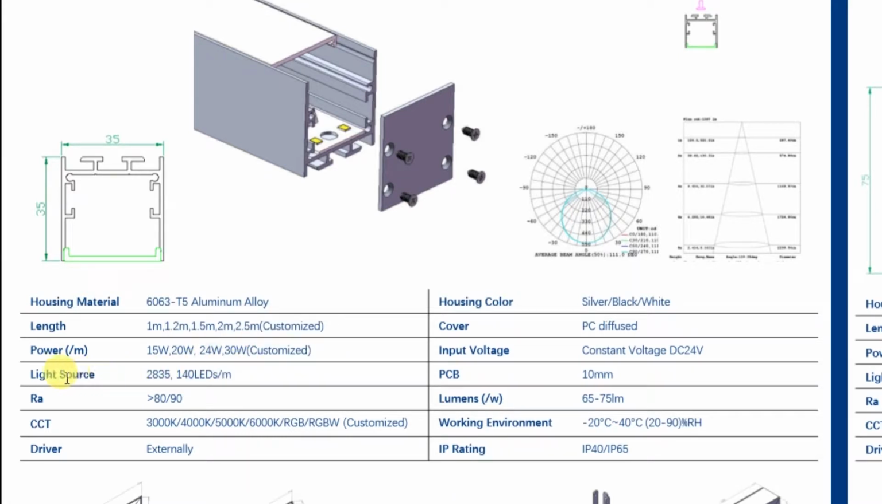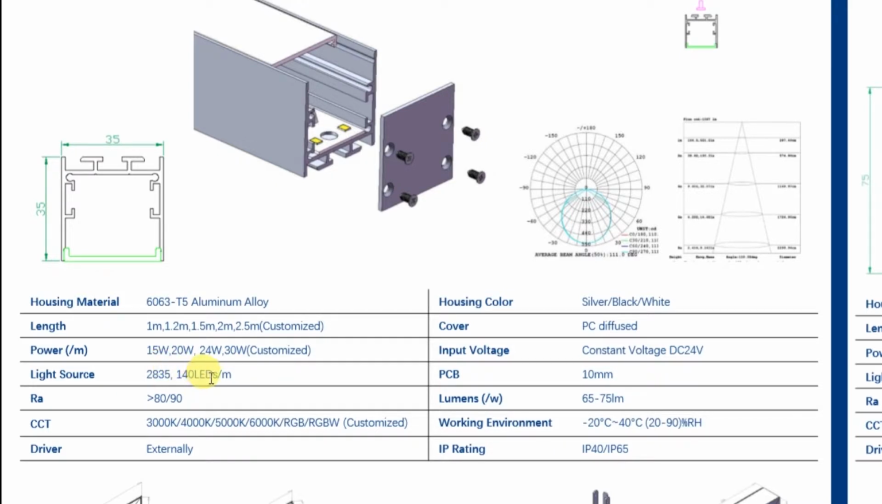And the light source, that means 2835. Actually 2835 is the SMD model, that is called surface mounted device, and I have already talked about this. And this is the number of LEDs per meter. Actually according to your need, they will use the LEDs per meter. Suppose you need more wattage of light, or more lumens of your light, then they can use